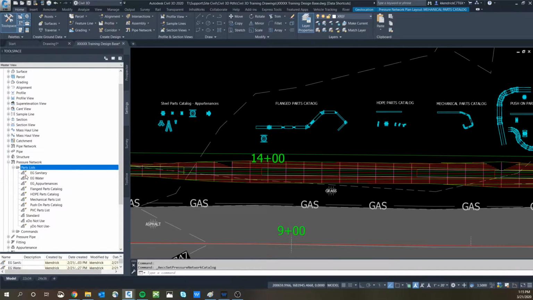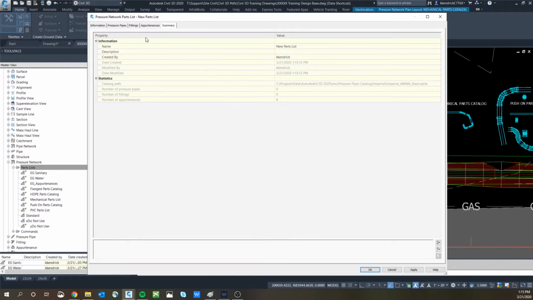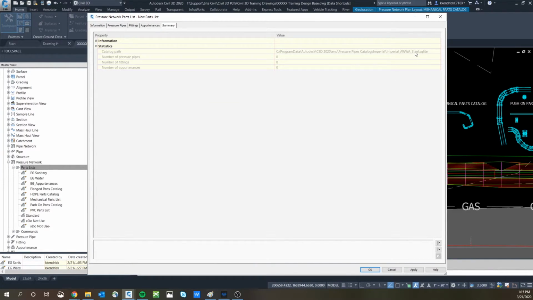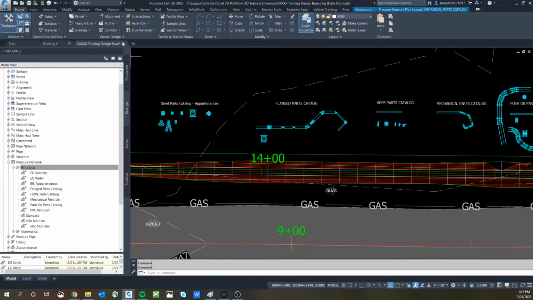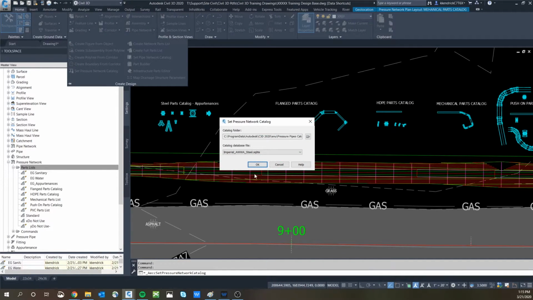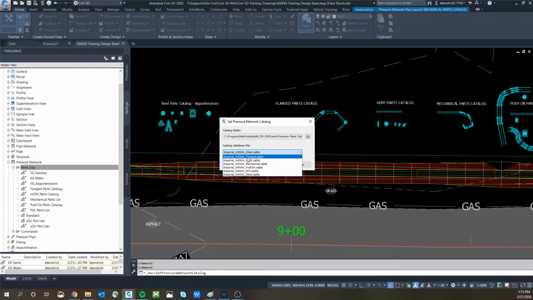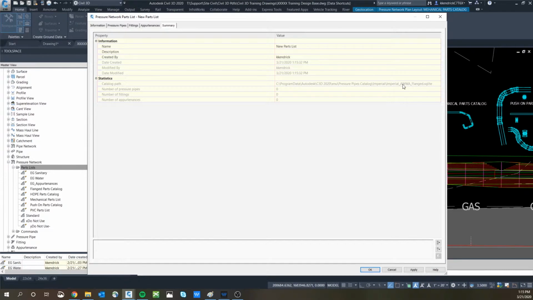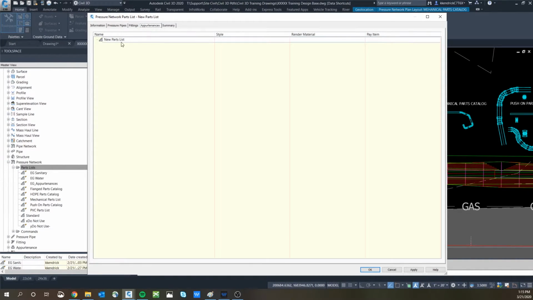When you go down in your settings tab underneath pressure network parts list and right click to hit new, what you have available is what is within this steel. If you've got it set to the wrong one, you're like, oh, I need a different one. You just cancel out of it, come down here, set your pressure network to a different one. We'll say flanged. Right click, new, and then now you're looking at the flanged catalog, and it has